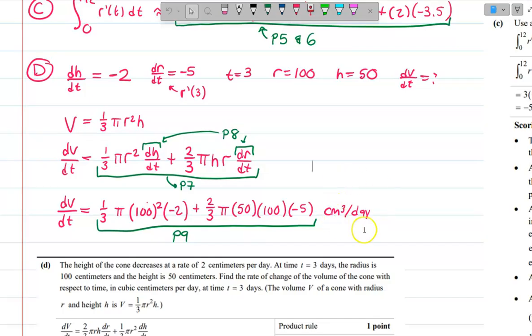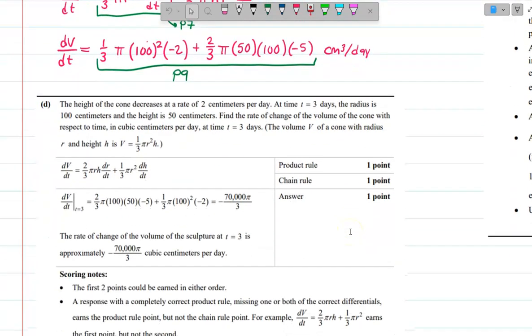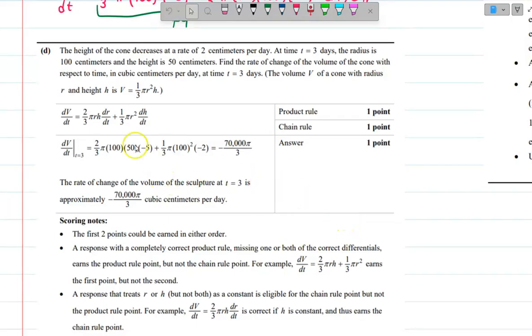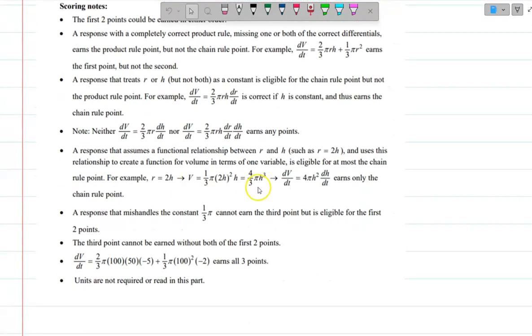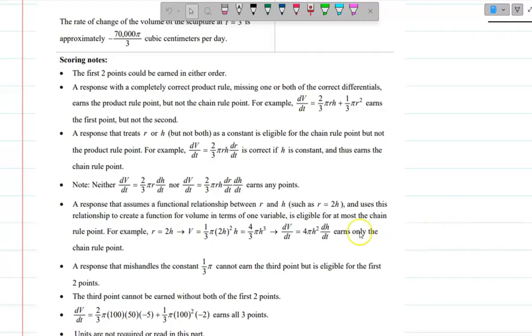And just for safety measures, I'm going to throw on my units here of centimeters cubed per day, although the rubric does not score that. So if you did not write that, you would be okay. So here is that scoring rubric again. And notice they got an answer that, again, I don't expect you to get. But what's really, really important here, and there's a lot of scoring notes for this question, but if you had applied,